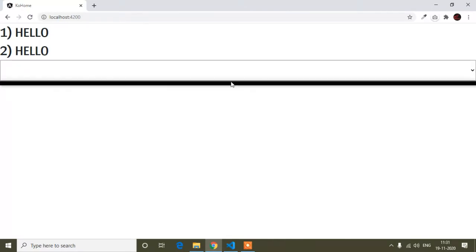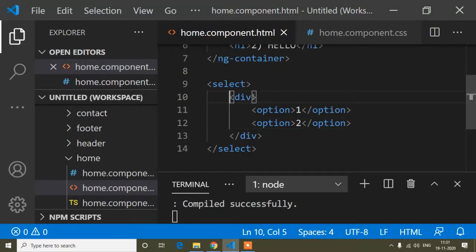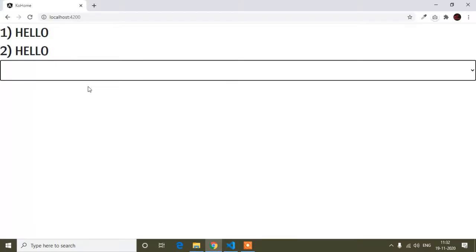It's not working properly because the div comes in your DOM element, and when we write a select tag, after the select tag we have to write option. But I have written a div, and inside this div I have written option, so that's why it's an error and it's not working properly.